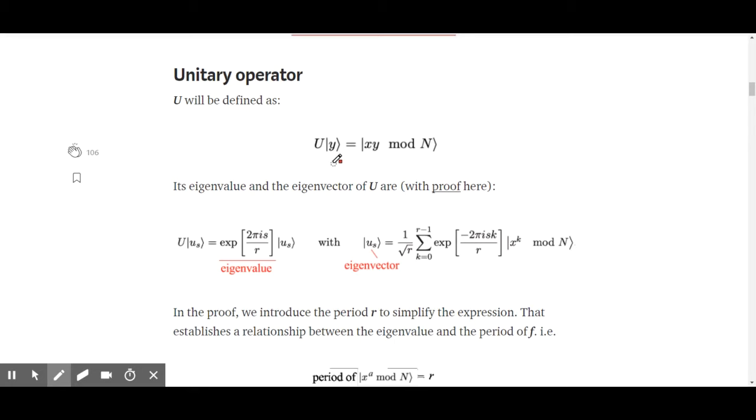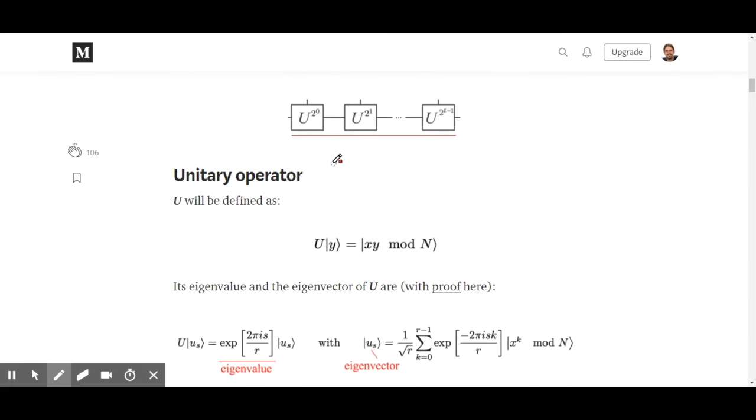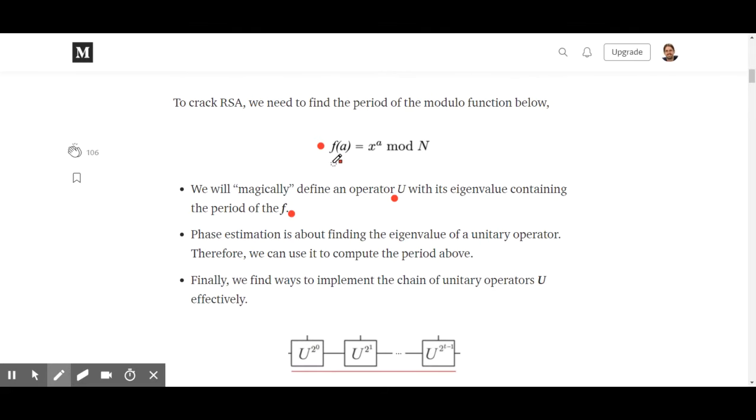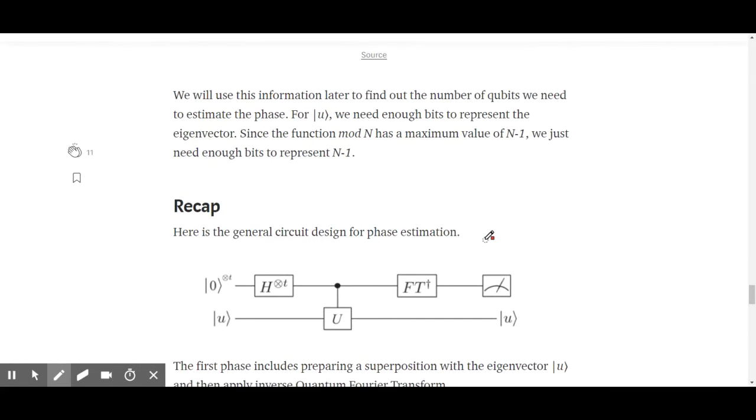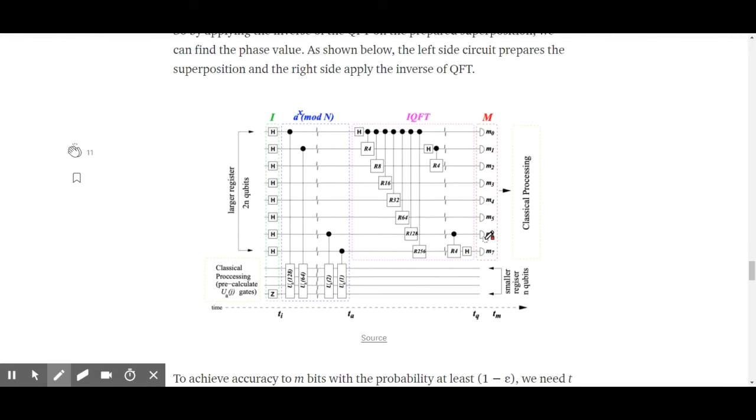Okay. So basically, what this is trying to say is, how do we implement that function? Because at the end of the day, let me go back here one step. What is confusing to me is that the inverse of the quantum Fourier transform is supposed to